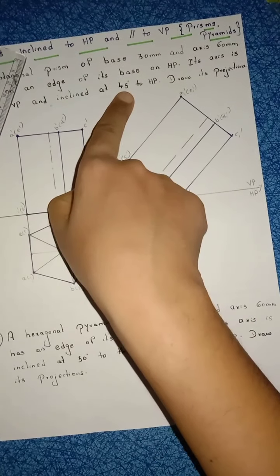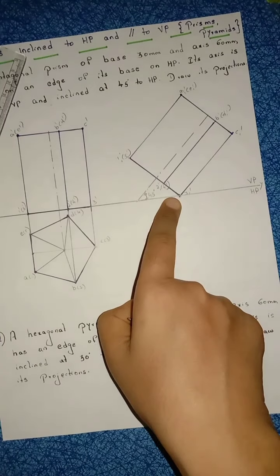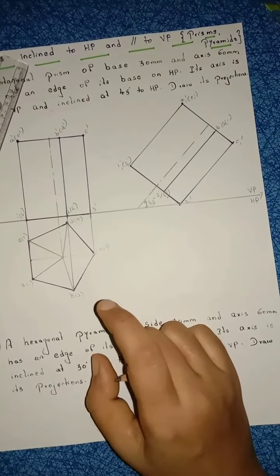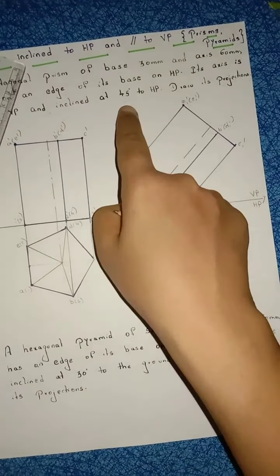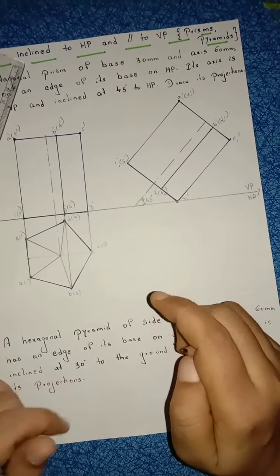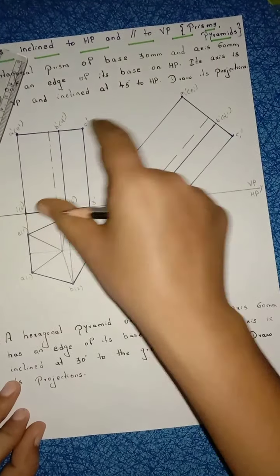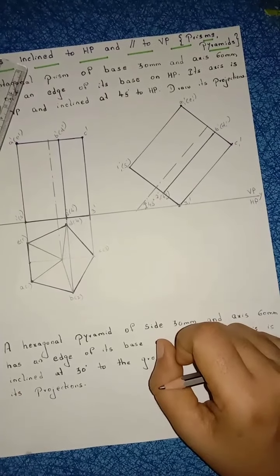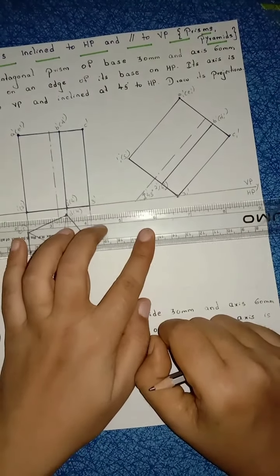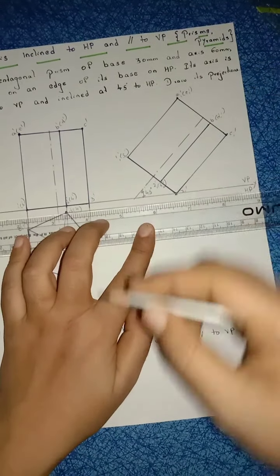Right? If suppose here they mention 30, then what I will do is take 60 degrees here. This is 90, this will be 30. In a right angle triangle, definitely one angle will be 90. This is 45, so with the remaining angle I am constructing this base here. You can construct like this, or you can draw the first axis line with an angle of 45 degrees. You can construct this prism here. Right? Your wish.